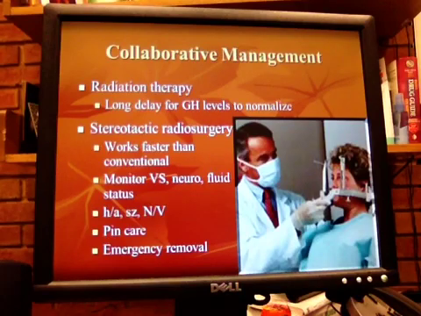Okay, this is the last that I'm going to do. We will start class Tuesday morning with diabetes insipidus. We're going to look at drug therapy